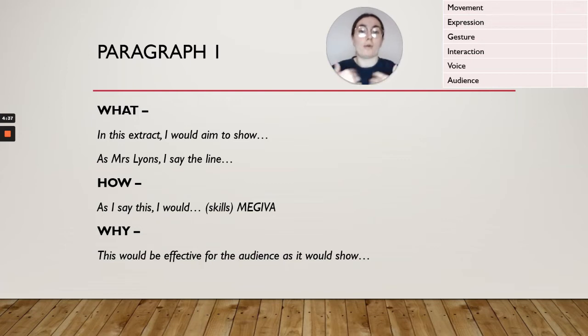So if you talk about voice beautifully over 4 paragraphs, that isn't going to get you the top marks because you haven't talked about a wide range of skills. You've just talked about the same skill over and over. So this is why I've put this on. And what I want you to do as you're going through this is just pop a little cross in the box or